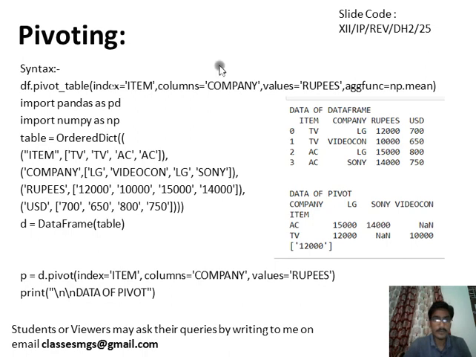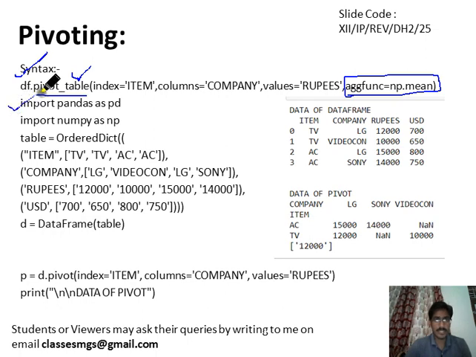Okay, so in this slide first we will see the syntax df.pivot_table. The syntax of the pivot and pivot_table methods is similar. The only difference is that in the pivot_table method we have an additional aggregate function, but we don't have this aggregate function in the pivot method, because in case of duplicacy the pivot method always returns an error. So keep this in mind.